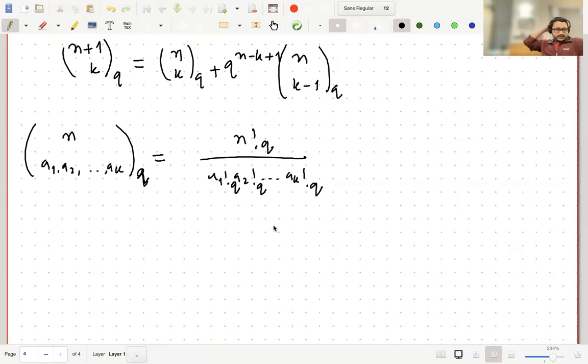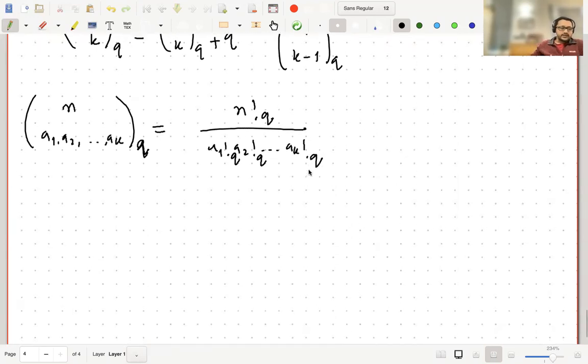But the thing is that this actually counts something, like the multinomial coefficient counts something. So the q analog of the multinomial coefficient also counts something, and that something is again the number of inversions for a more general sequence. In the previous sequence, we had only two letters, 0 and 1. But if we don't restrict ourselves to two letters, if we allow many letters,